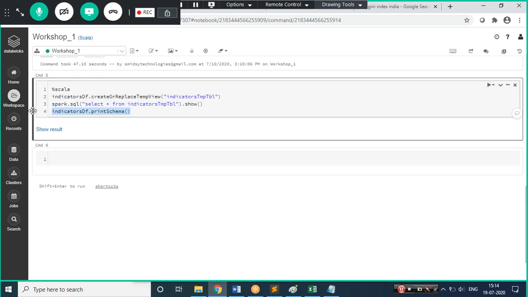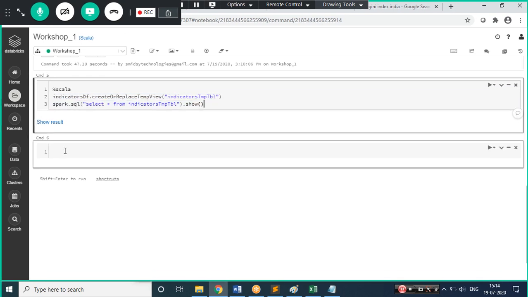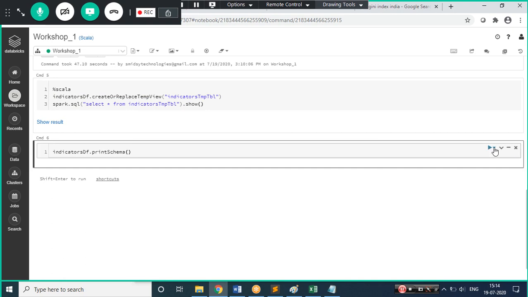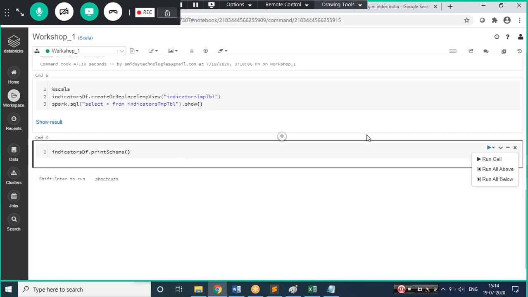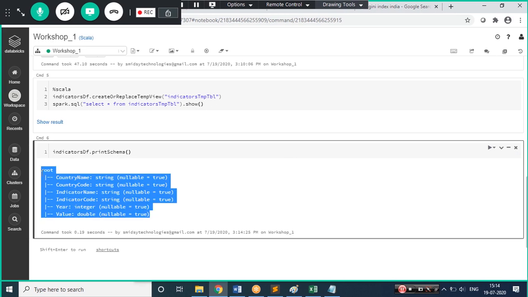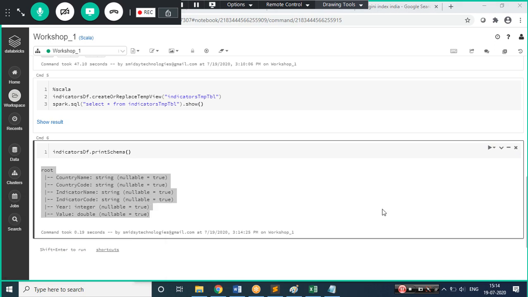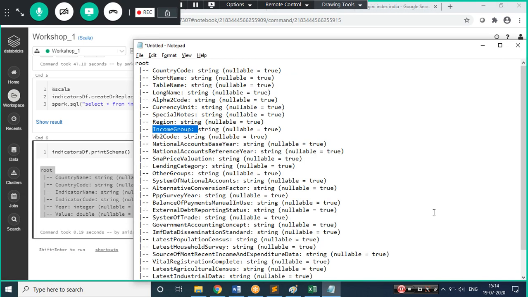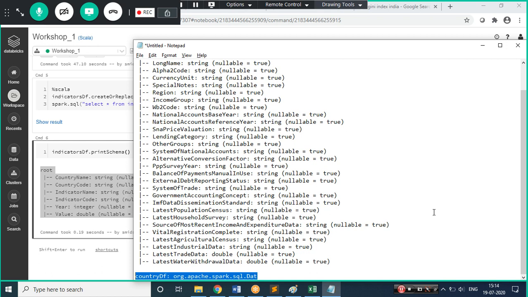Let me take this in a new data frame only. Let's go with running this cell now. Okay, not pretty big. Let me copy this, and I'll go to the same notepad and add it at the bottom.